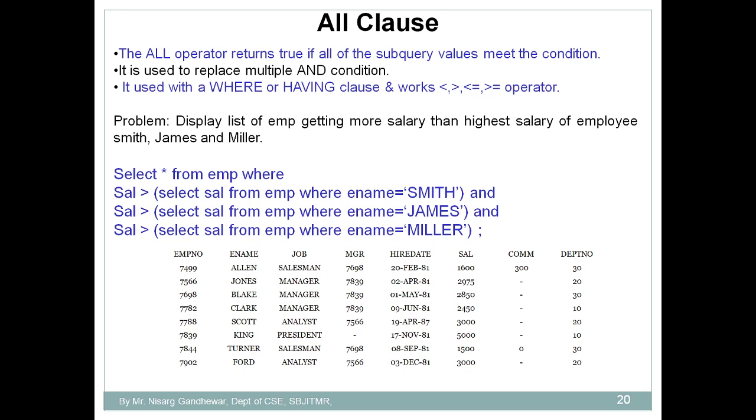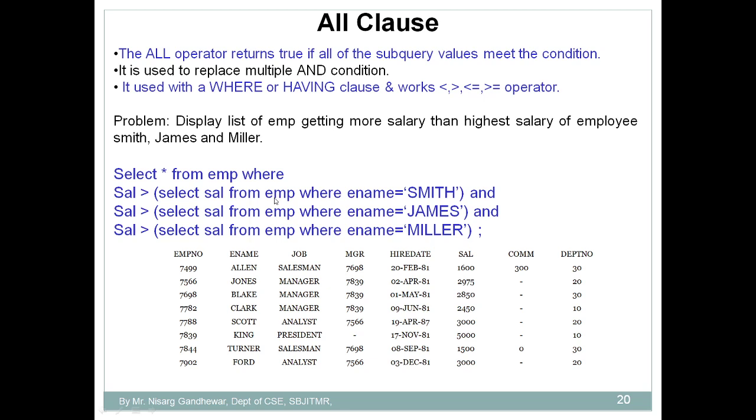One of the solutions is given here. How can we write a query to answer this question? SELECT * FROM employee WHERE salary > (SELECT salary FROM employee WHERE employee name = 'Smith').